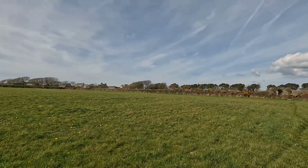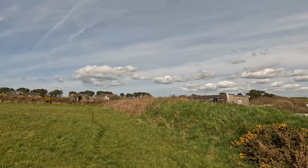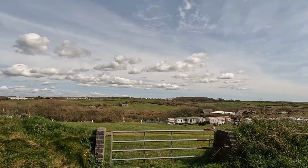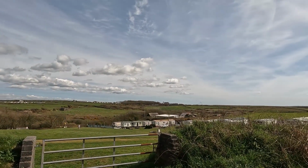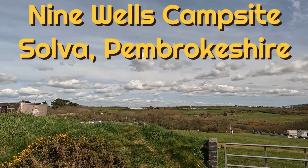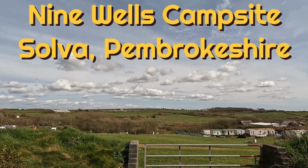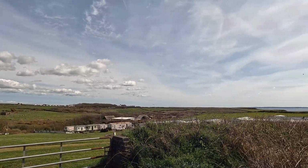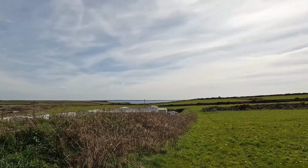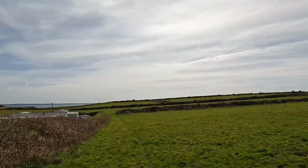Hi guys, today we are in Solva and we booked into a campsite this weekend, bit of a treat for Easter, and we're in a campsite called Nine Wells Touring and Caravan Park in Solva. Great location. It's about a mile, I'd say, out of Solva, but the views up here are beautiful. We're parked right at the top of the field,